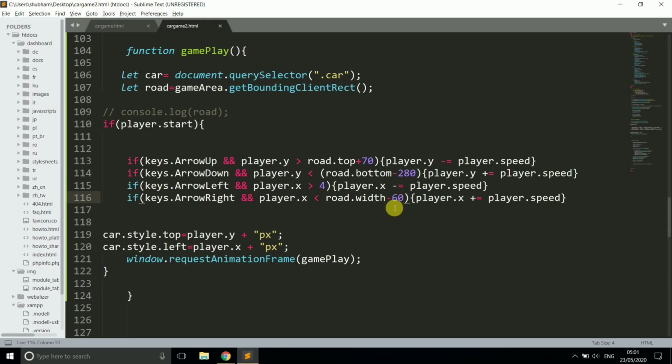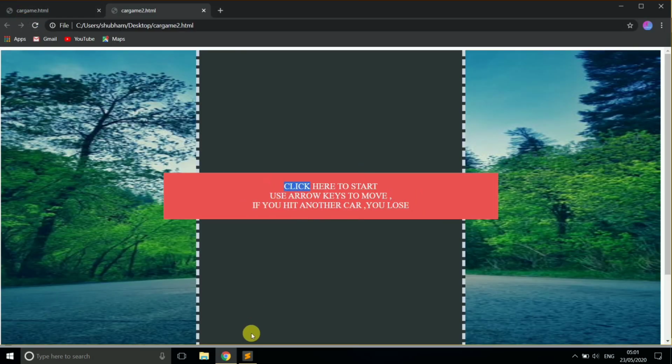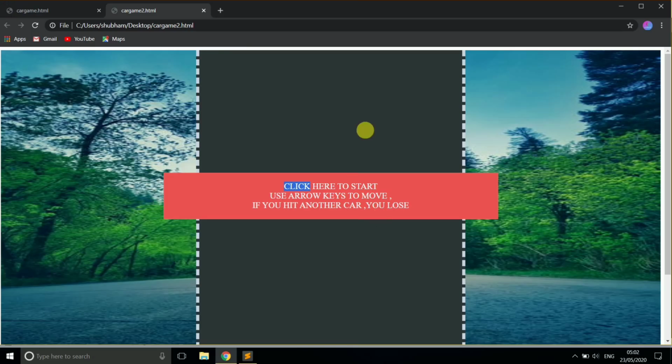Now just close the values in the brackets. Yes, we need to write another parenthesis to close this, and here once again.